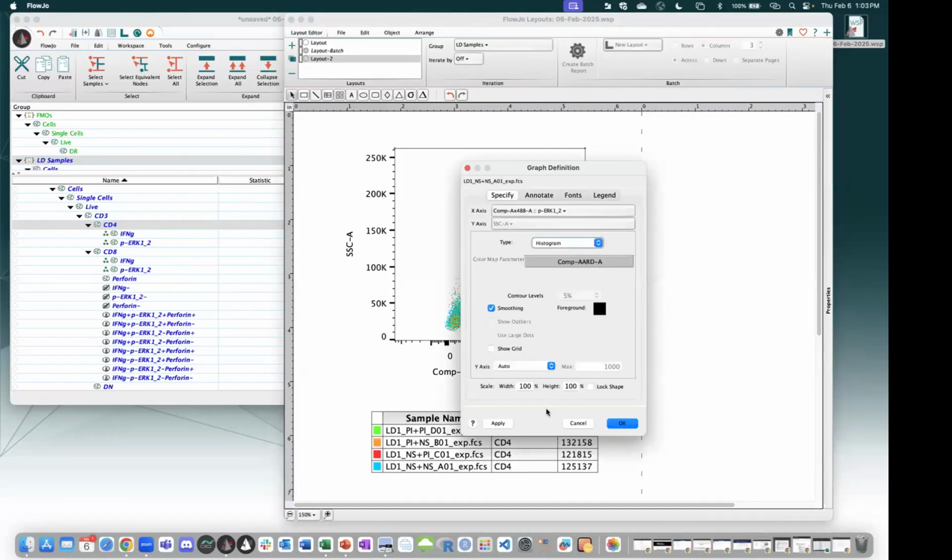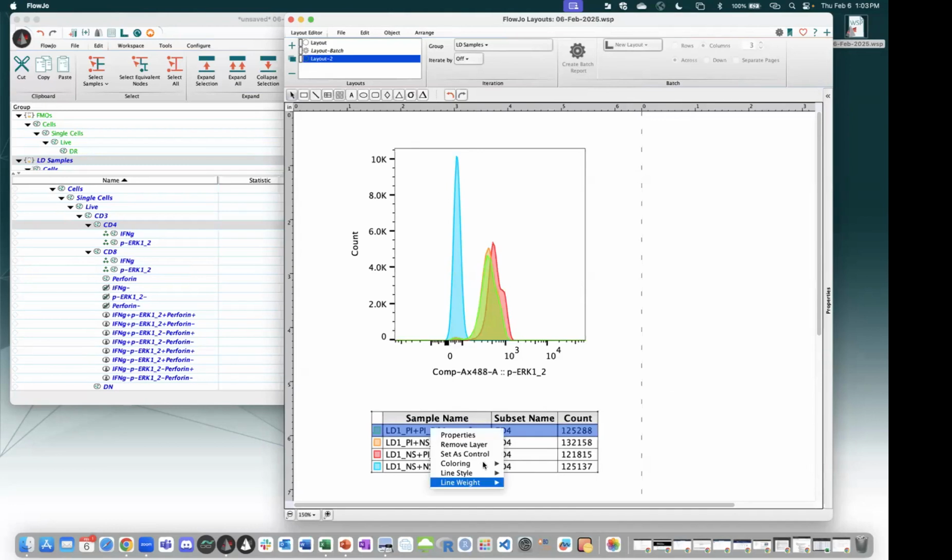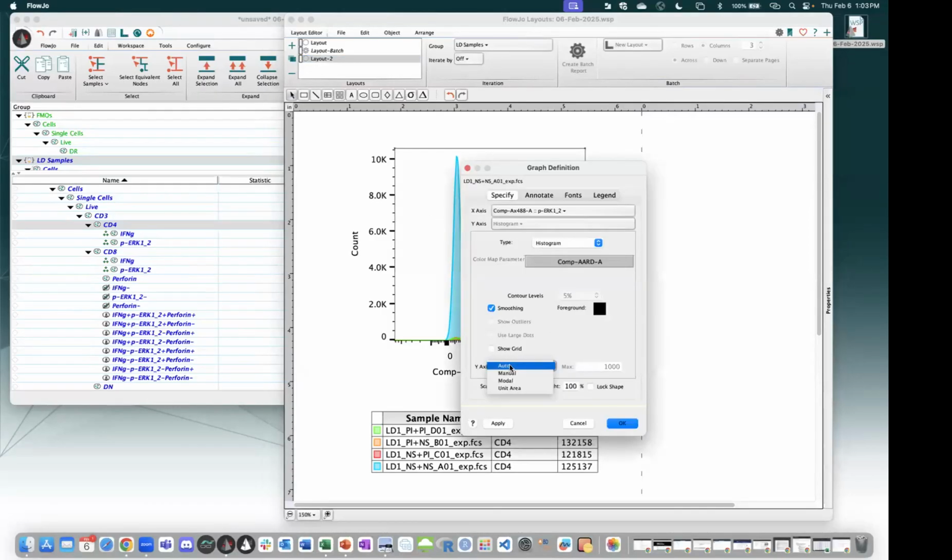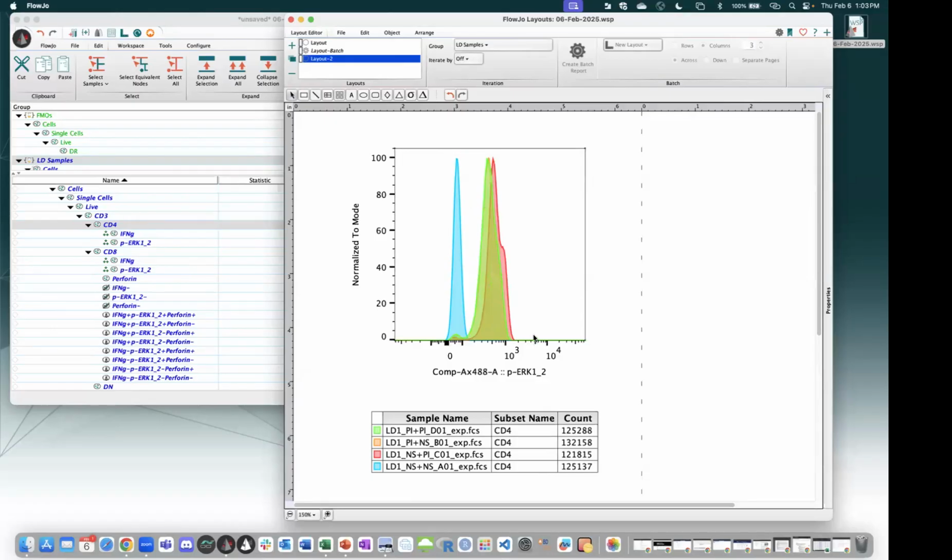Histogram, apply. And here I can change, for example, on my histogram, the color, filling, the line style, the weight of the line. If I want my histogram to be at the same height for each sample, instead of having the y-axis in auto, I can use the y-axis in mode, and the graph line will be at the same height in all of them. I can change the order of the overlay by just clicking and dragging to organize them